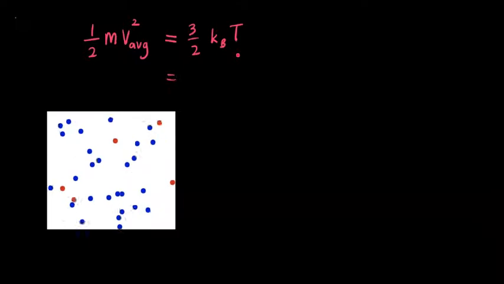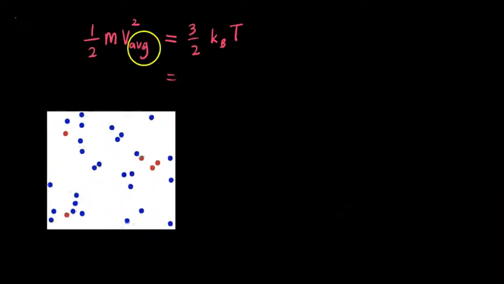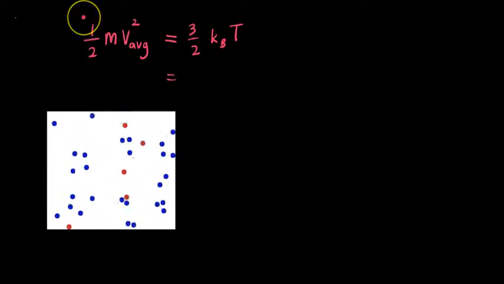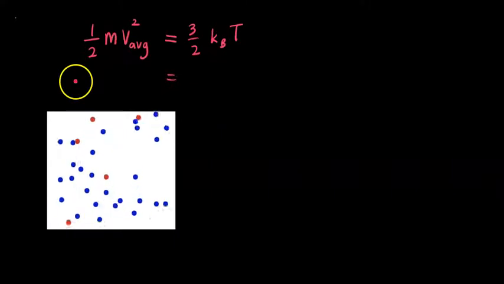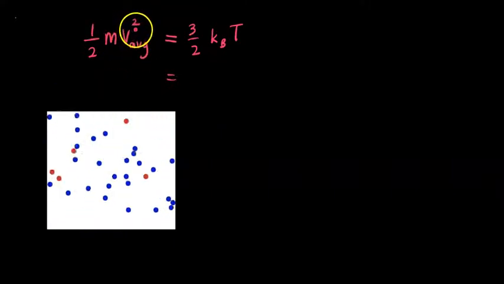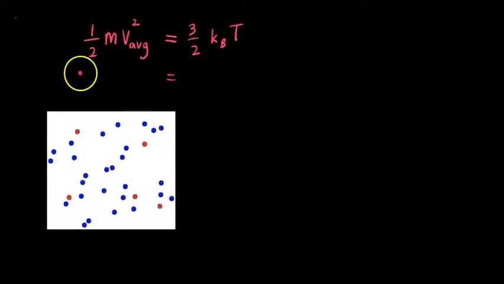And R is a universal gas constant. So basically we are relating it to gas. So this is the equation. Okay, now if this is our average kinetic energy for the molecule inside the gas system, what is the